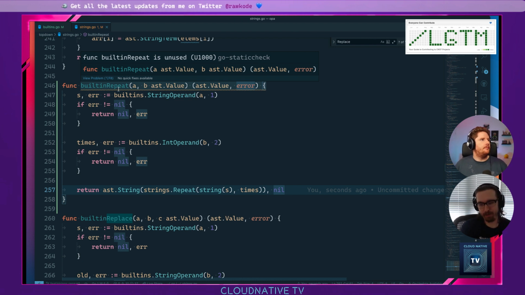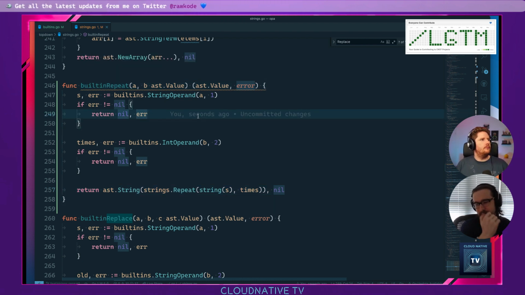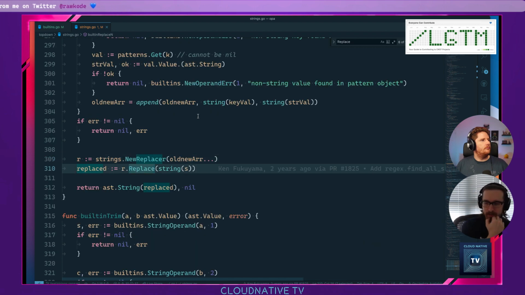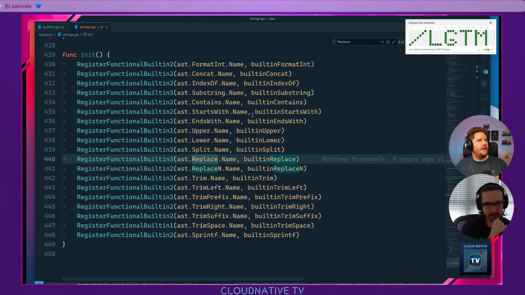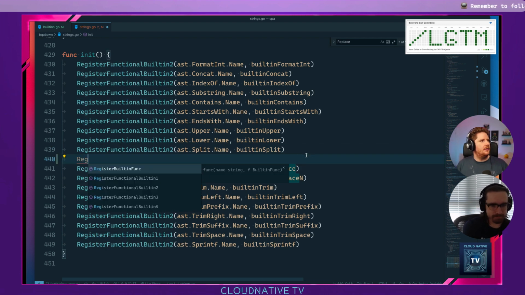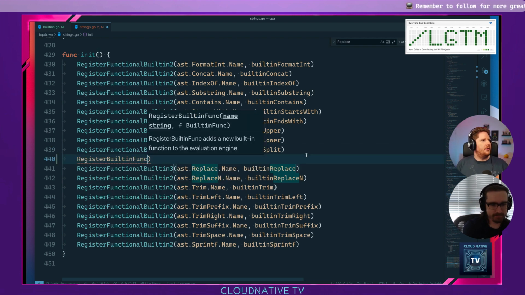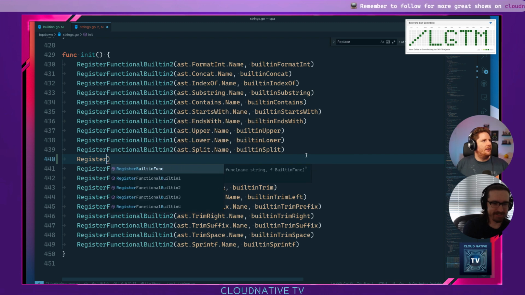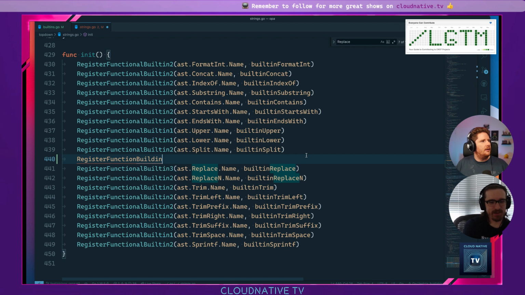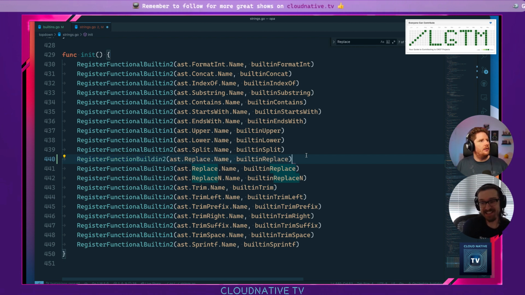So the other thing we have to do here is register it, like we registered it in the AST package by putting it into that list. There's a function down at the bottom of the file that we'll call in order to register. Well, let's see. Oh no, you're wrong. I'm on Copilot. Don't make me actually have to learn to code. There are different versions of this function for different arities. So if you take one argument or two or three,